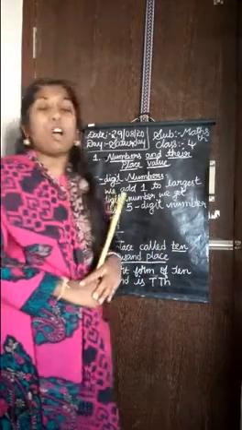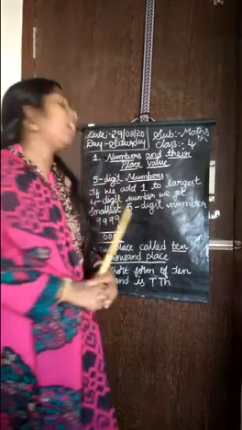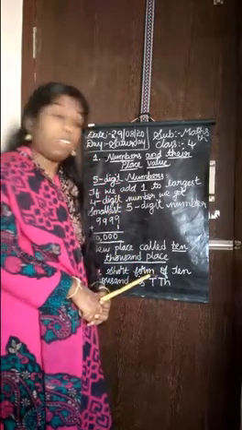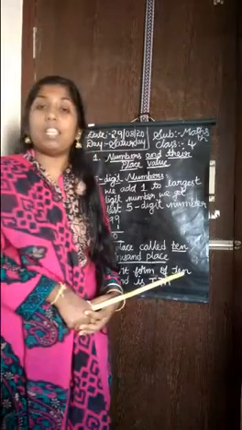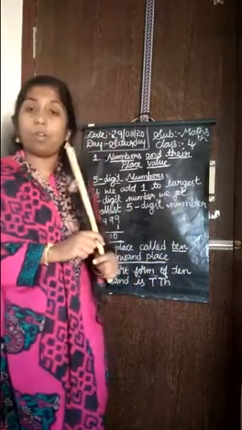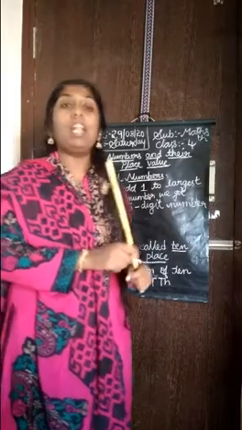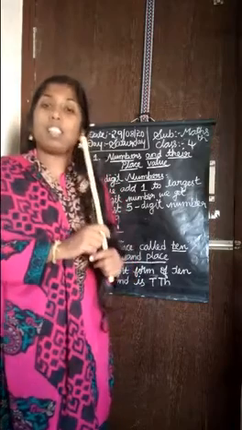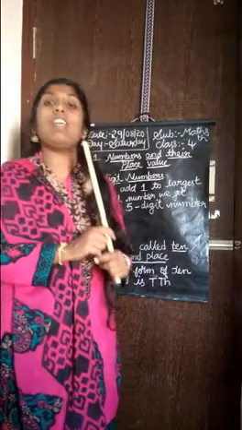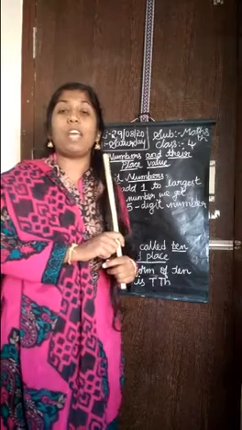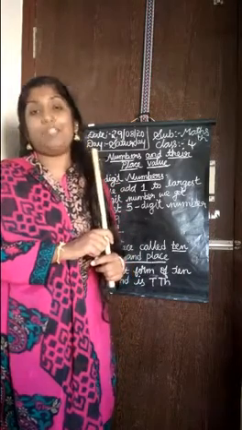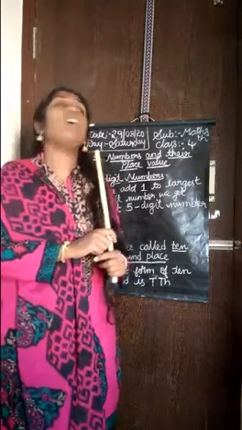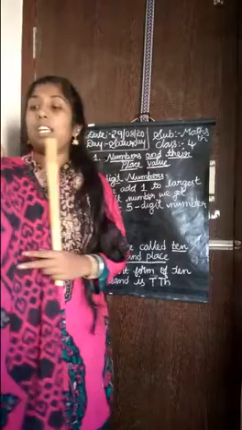Understood, no? In short, how are you going to write 10,000? T for 10, TH for 1000. How are you going to write ones? O for ones, T for tens, H for hundreds, TH for 1000, and for 10,000, what are you going to write in short? TH is the short form for 10,000. Okay. Next is